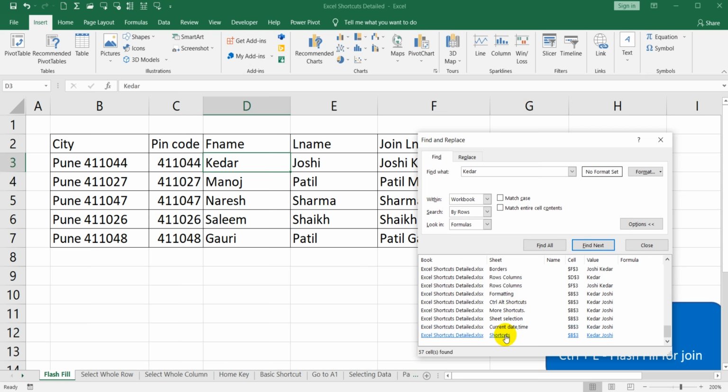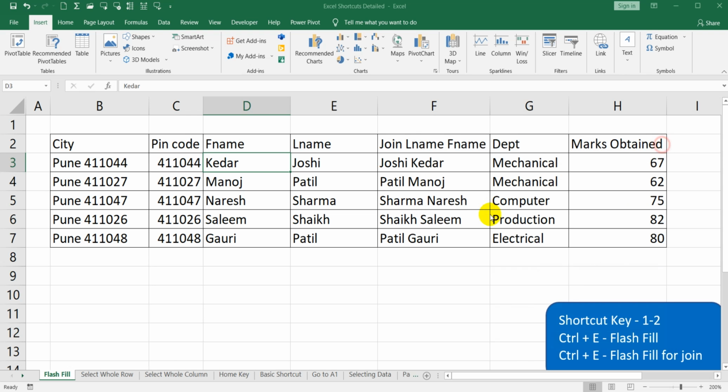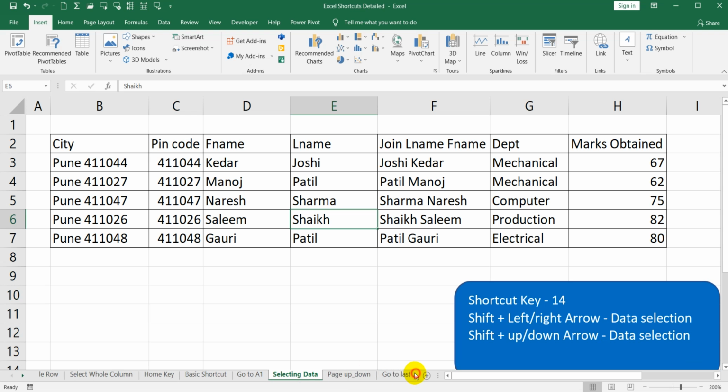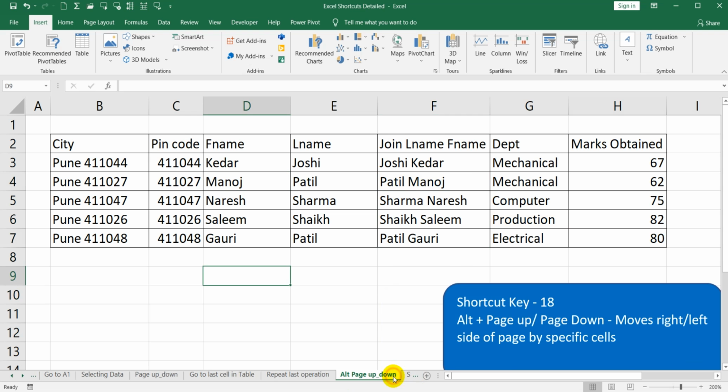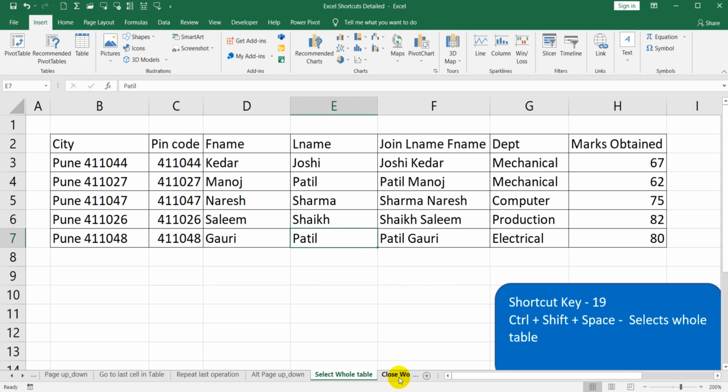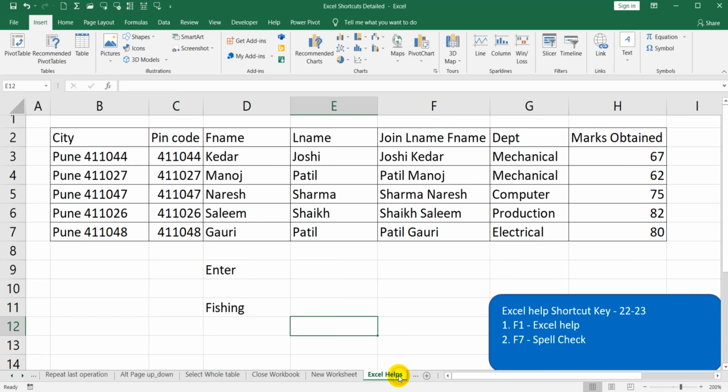As you can see, in all our sheets the name is present. That's why it is showing the complete list of worksheets. I'll just close this. So let's move on to our sheet.